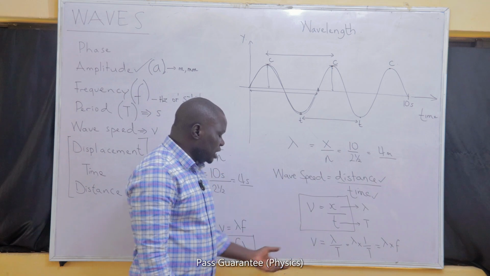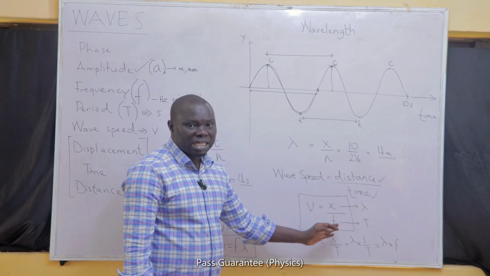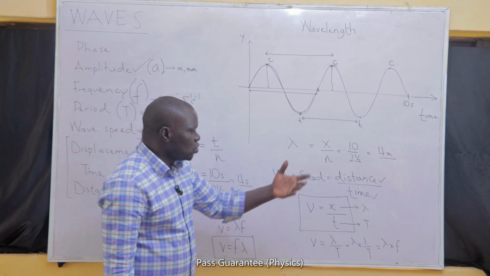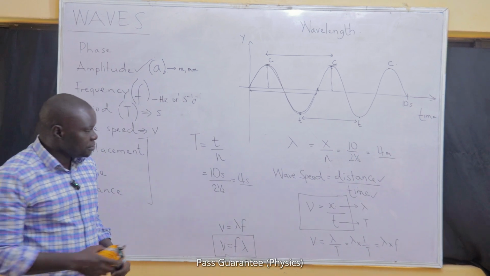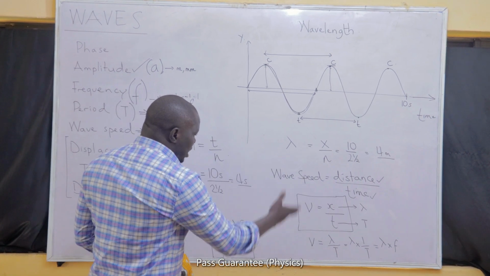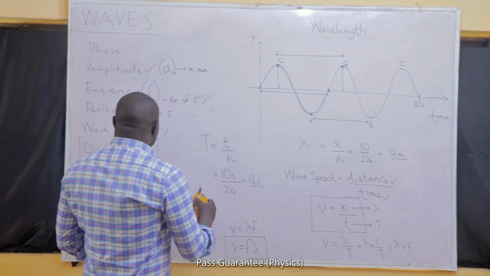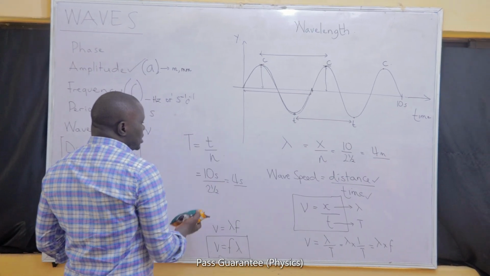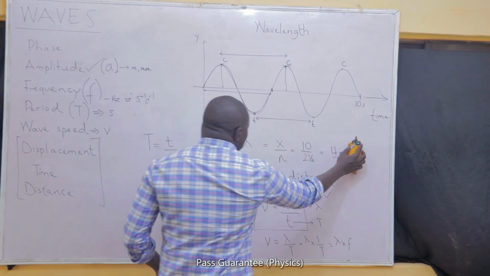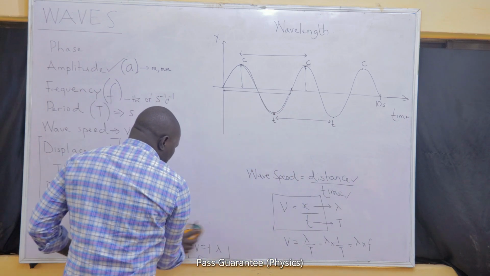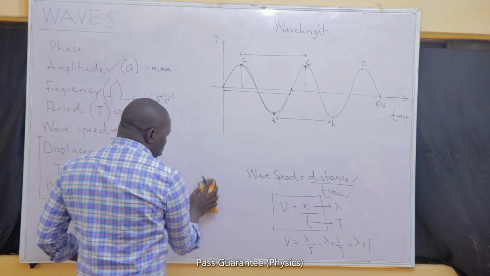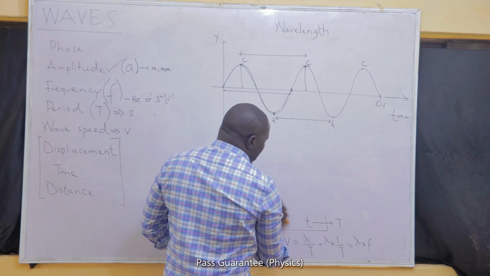Sometimes I will not be given any of the two. I'll just be given a distance and a time value. That can also be used to calculate my velocity. Please take note of all of this. Wavelength is a length quantity. It is measured in meters or smaller or bigger units, such as kilometers, depending on the type of wave that we have.